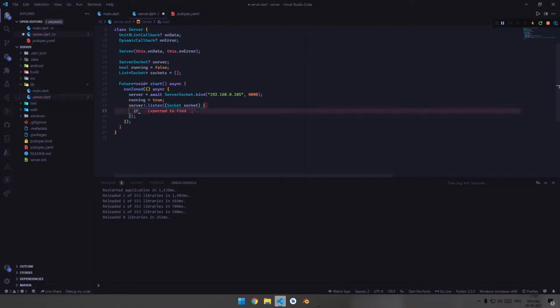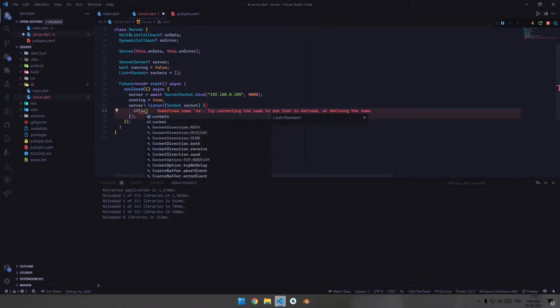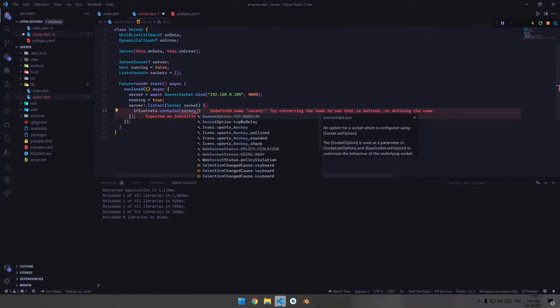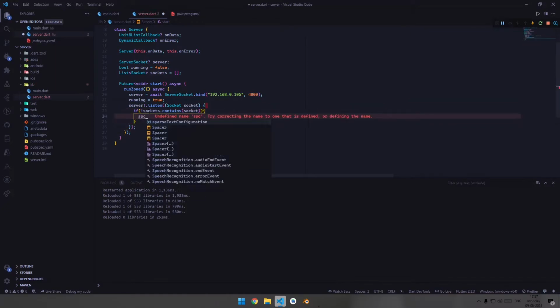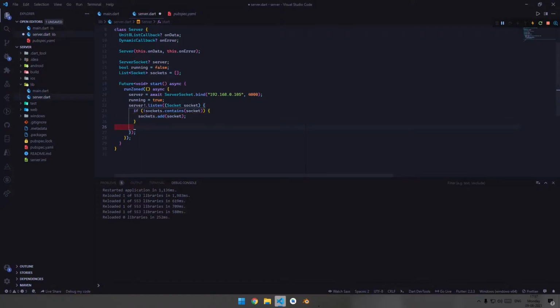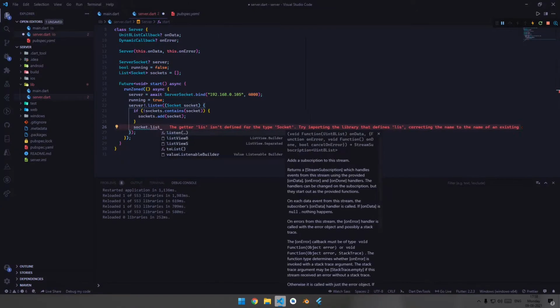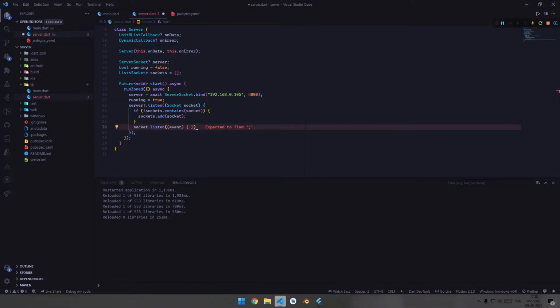So now let's check whether this socket is present in the sockets list. If it's null, then we will be adding that socket inside this sockets list, else it has already been added in that list, right? So now we need to add socket dot add, socket dot listen. Now you need to listen for the data which is coming, right?